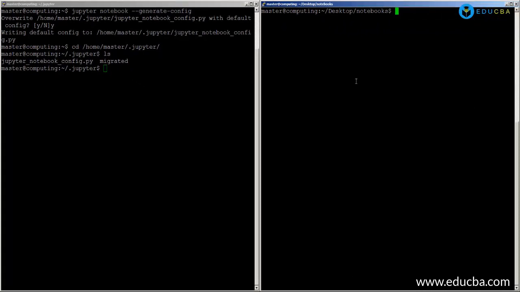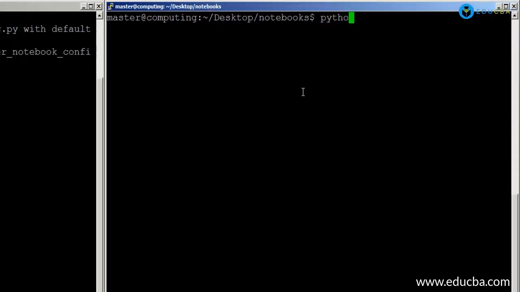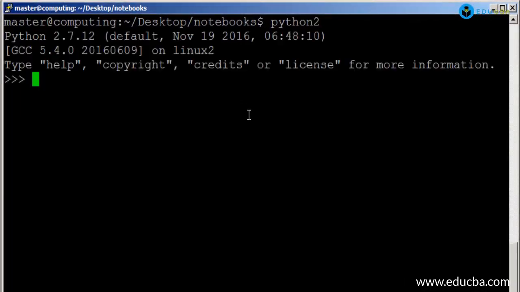So I'll go ahead and start. We'll be creating a hashed password. We don't want the usual password to be stored in our default format. We want it to be a really secure password. So we will be using a SHA-1 hash. I'll start the Python 2.7, reason being that I'm using Python 2 over here, and I'll type import, and